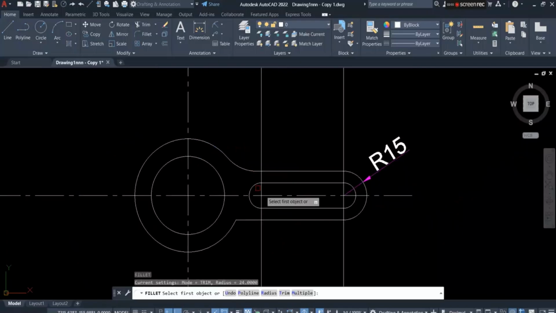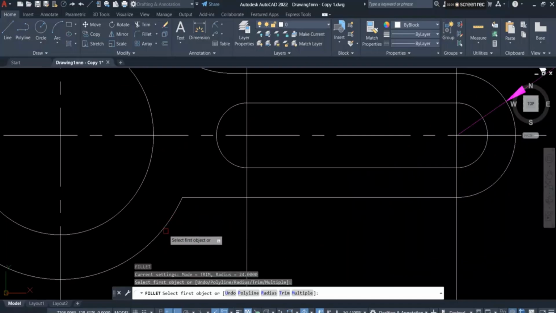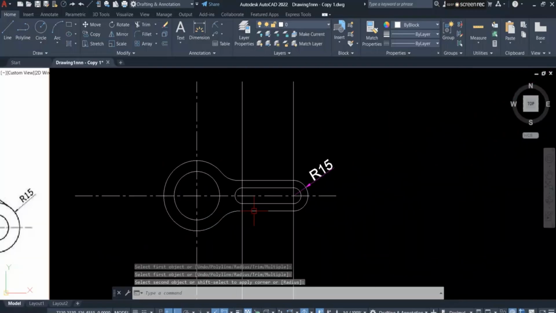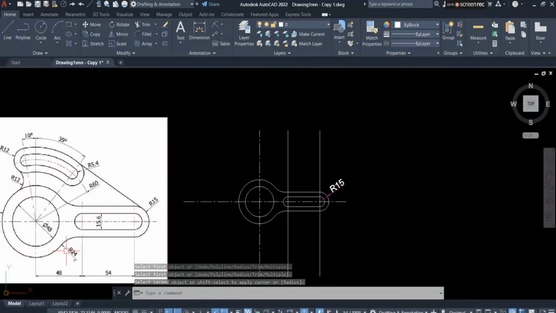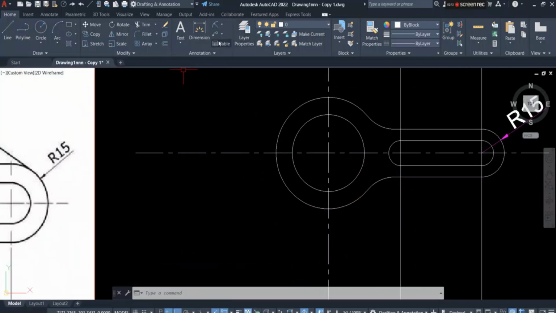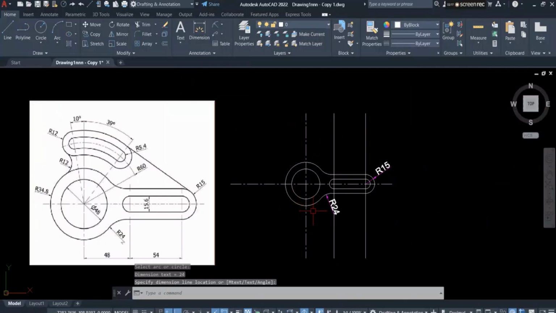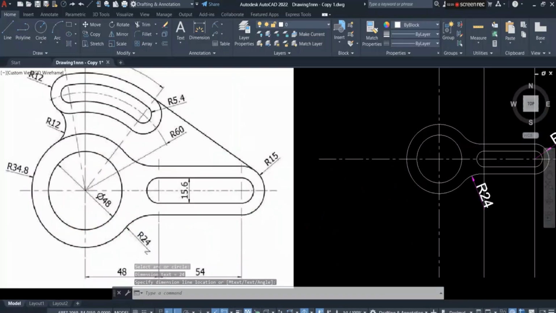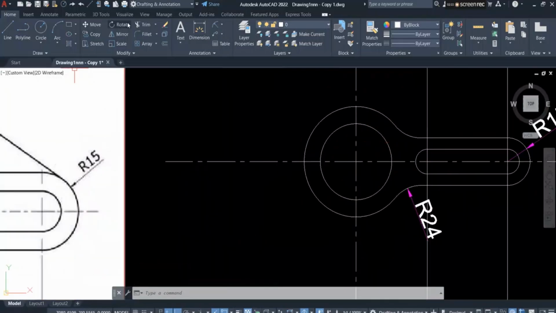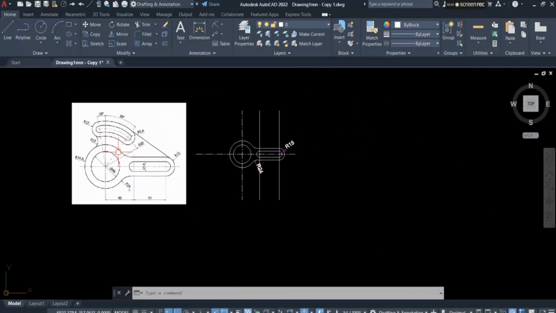Enter again to continue the command. Click here and click here. So as just shown, we created this part. If you measure this one with the radius dimension command, we will find a 24 units radius, right? Then next, we have to create